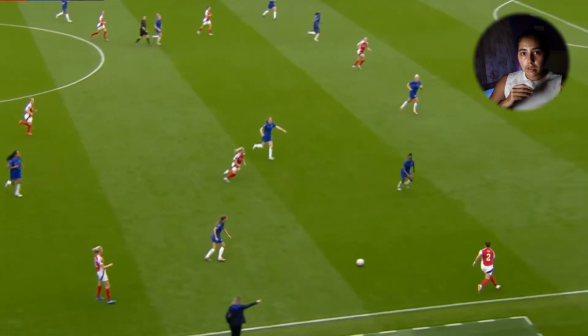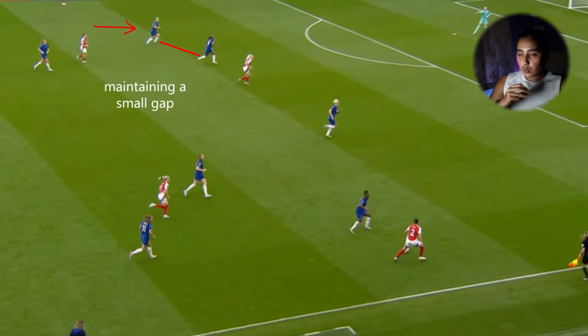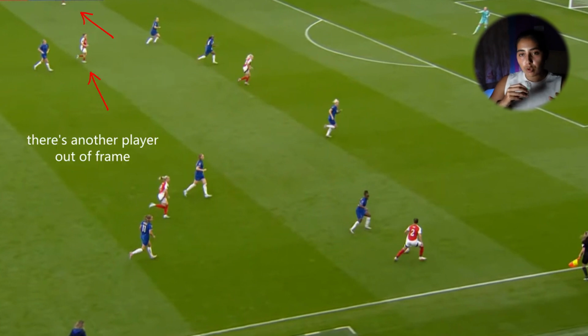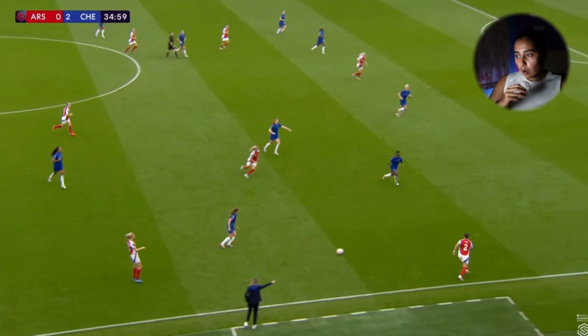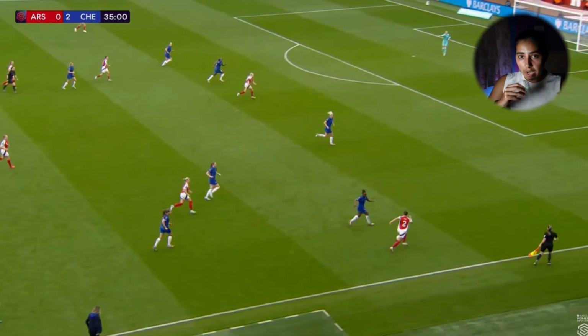Now in this clip, Chelsea is out of possession and the ball is on the opposite end of where Lucy Bronze is. Right now, she tucks in to prevent a large gap between her and her centre-back. In this moment, this player is more dangerous than this one. If the ball does travel out to this wide player, she can always move into the space to cover her. But if she stays wide in her regular position and she opens up a gap for this player to run into,